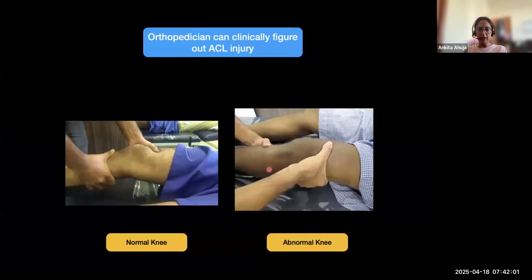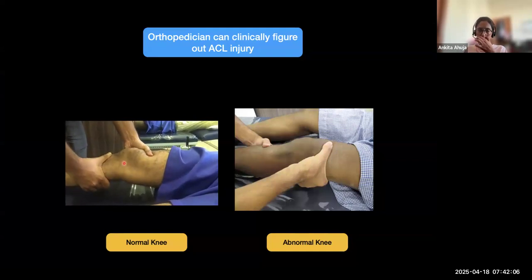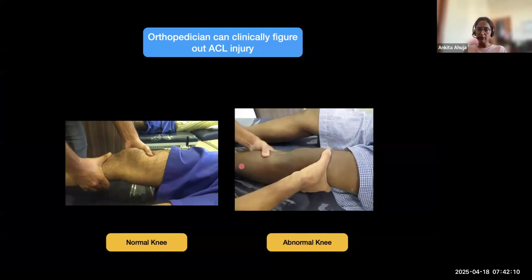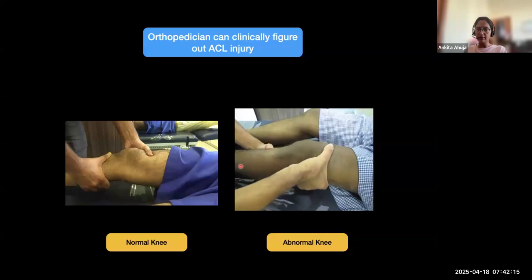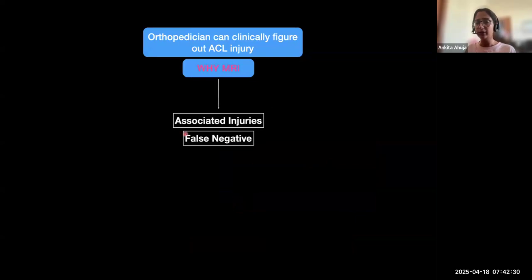So now if a clinician tries to see a normal knee, he's trying to do an anterior drawer or a Lachman's test. He's not able to move anything, but can you see how aggressively he is able to move the knee? So he clinically knows that there is an ACL injury. Then why is he sending it for me to see? I can tell him where the injury is, but that also is not going to make that much of a difference in the management. What he is sending it across to me for is to find out the associated injuries